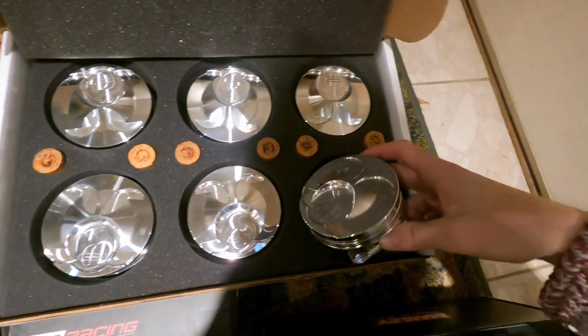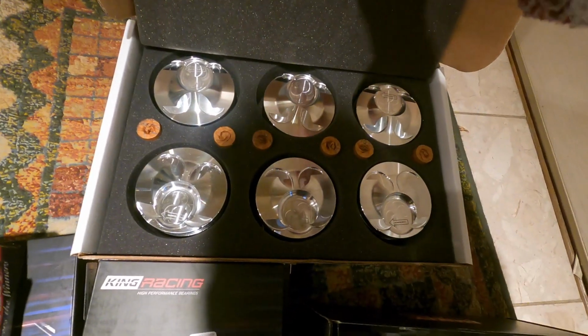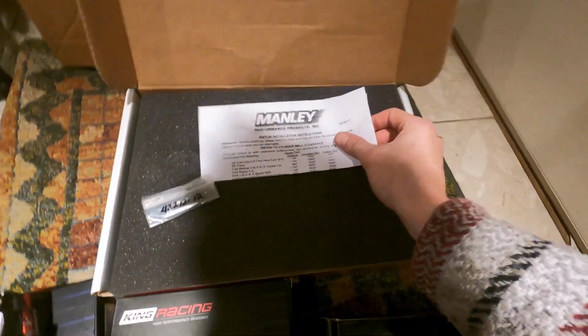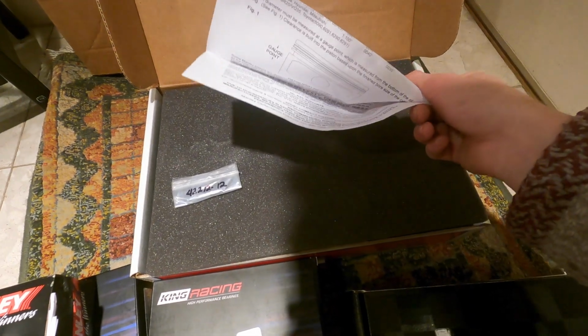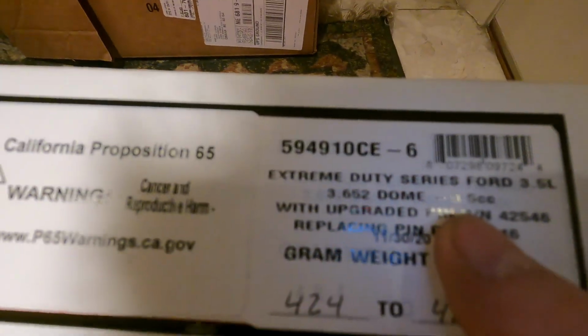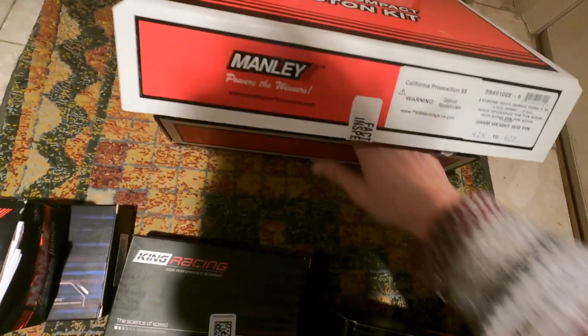Now these are, I think, 0.5 lower in compression than the stock pistons. Yeah, we'll see on the box actually. Yep. Half a... whatever that means. Can't even think right now. So...